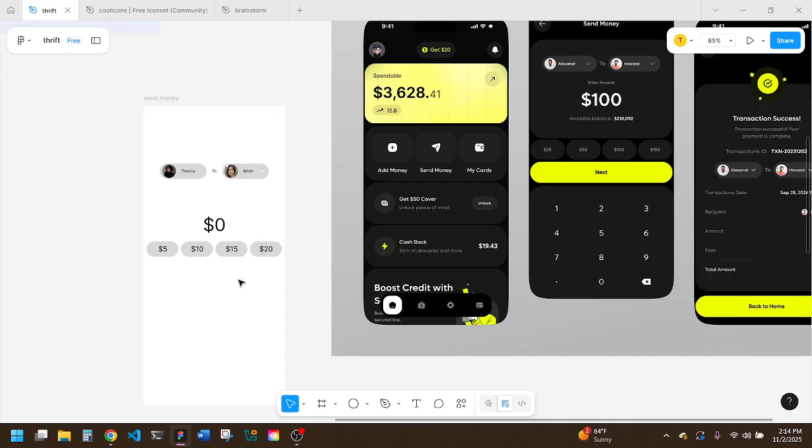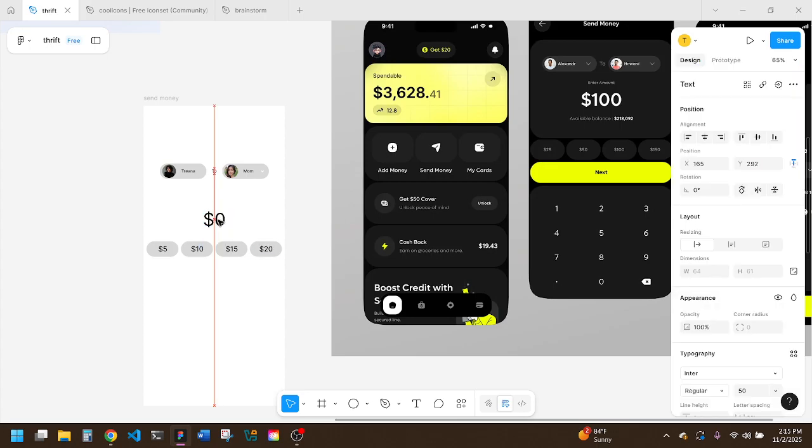But I don't know, maybe 5, 10, 15, 20, or 5, 10. Sometimes people skip to $50. I'll keep it 5, 10, 15, 20. I'll keep it like this, a low amount. And then you can, of course, click here. And then